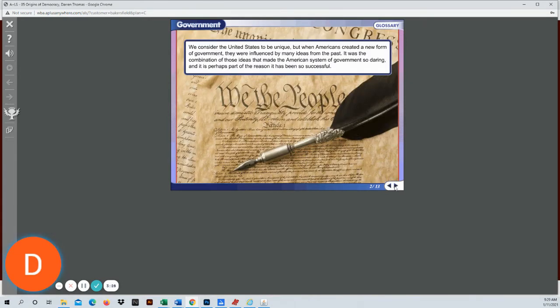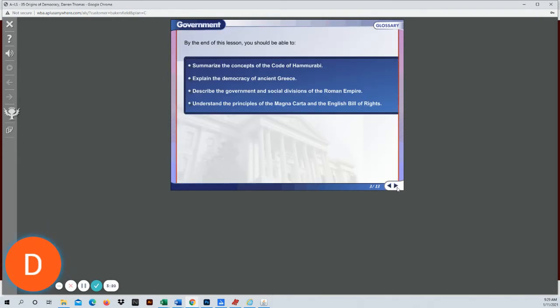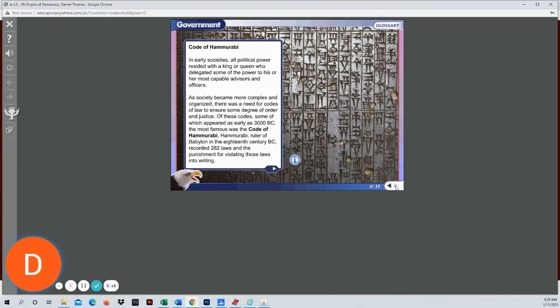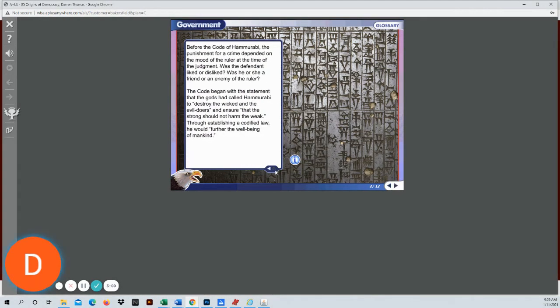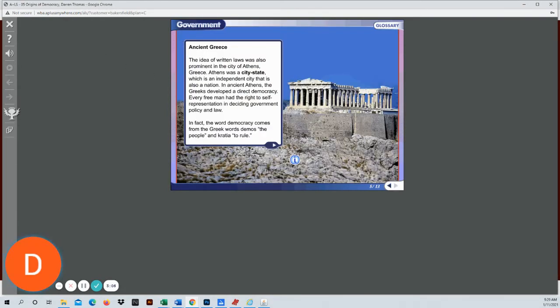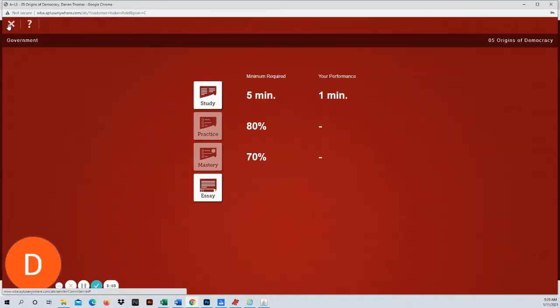As we go through and read, I would take notes on key points, write down some of the definitions, and then before you do the practice and the mastery test, go and review some of that stuff. So we click through this, and again, you need to be in these study notes for 5 minutes. Some of them have extra arrows. We go through, we read the stuff, we progress through. When we're done, we're going to X out of there. I've only been in this 1 minute, but once you're in it for 5 minutes, it'll allow you to go